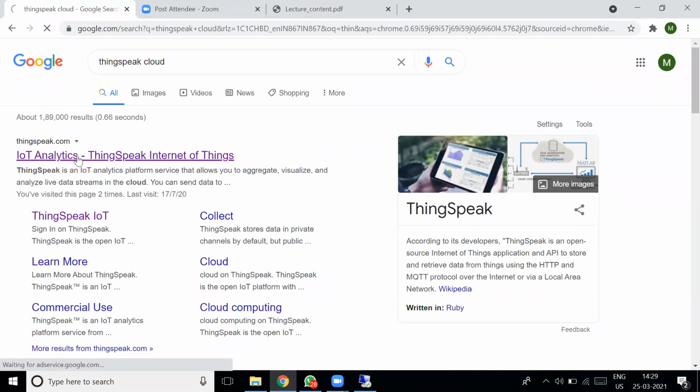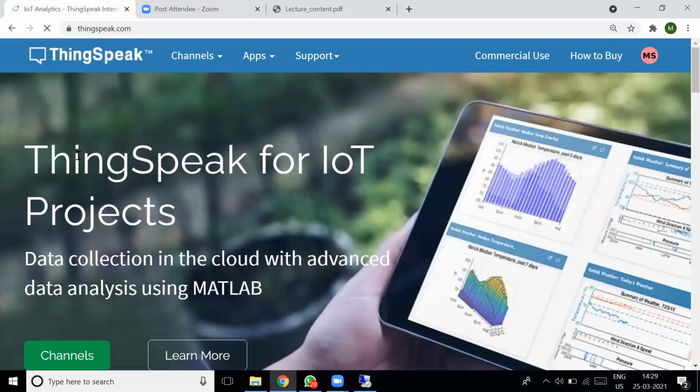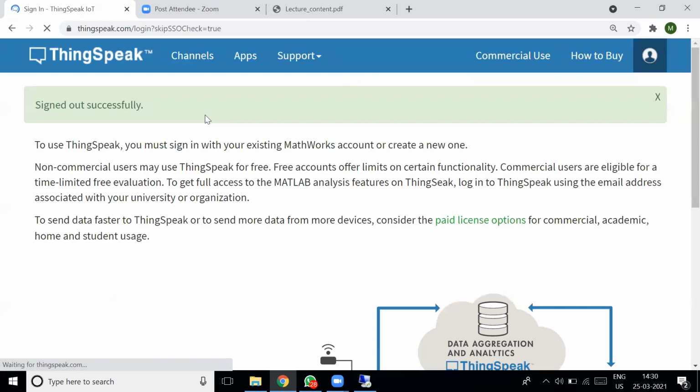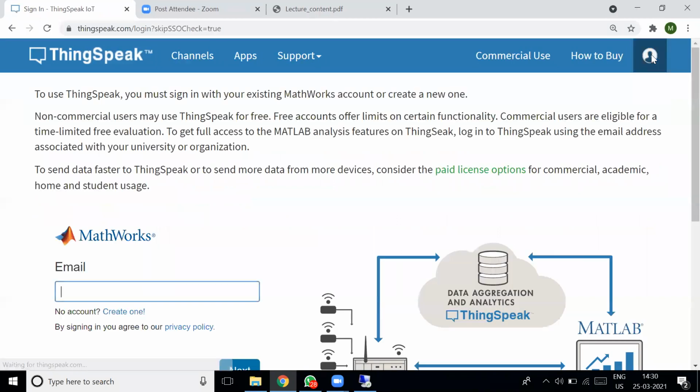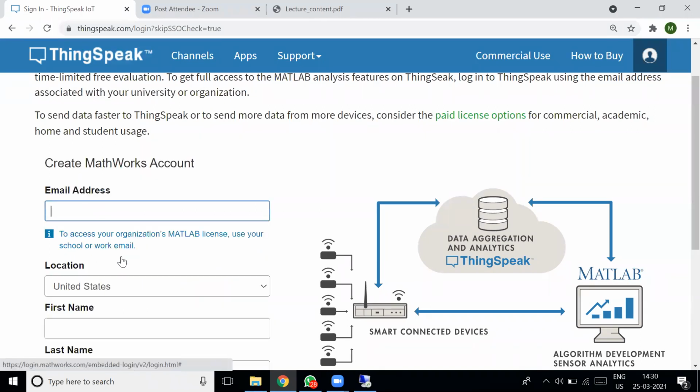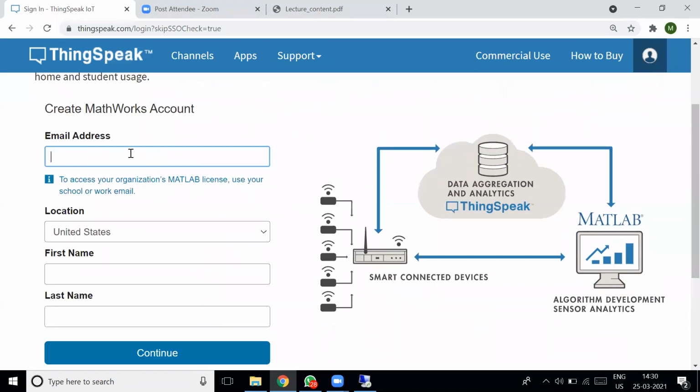ThingSpeak.com. For a new user, if you have no account, create one now. You just press here. It will ask for your email ID and location, your first name and last name, then press continue.